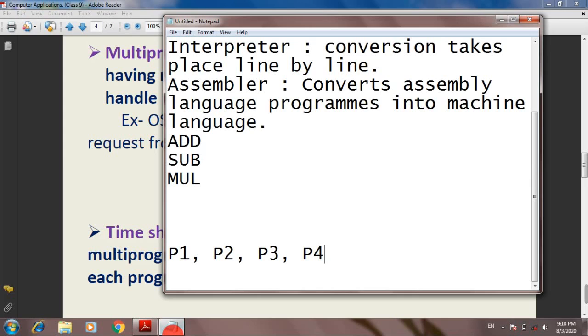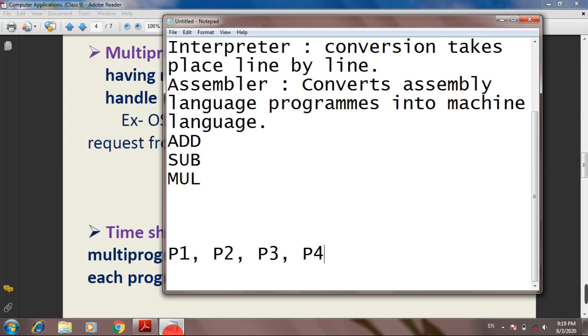So there are four processes running in the computer, but actually CPU can execute only one process at a time. So what it will do is divide equal time for all these four processes.